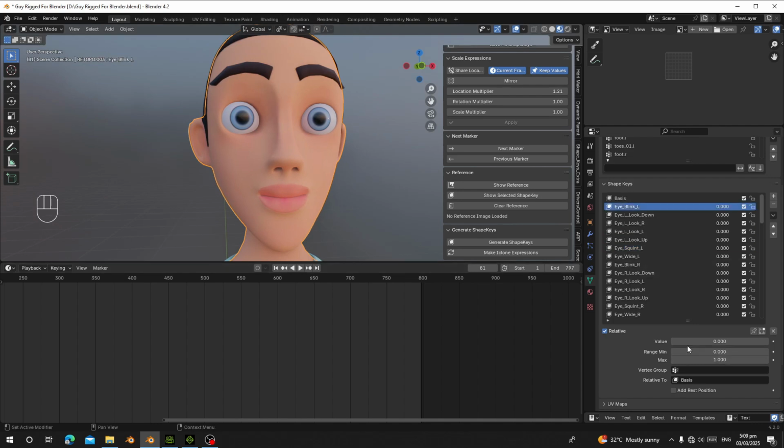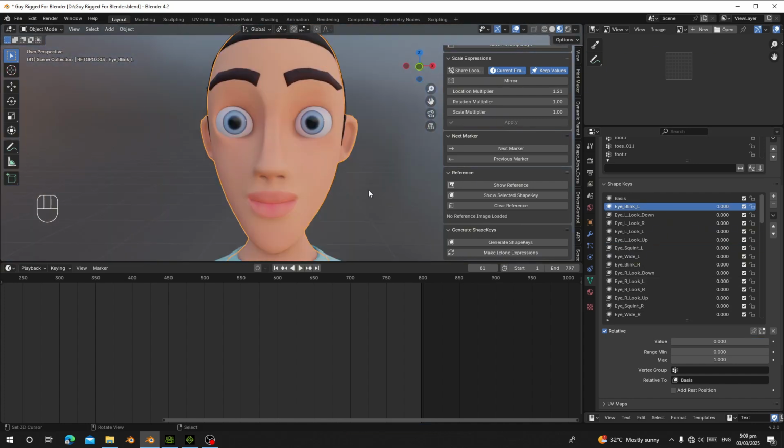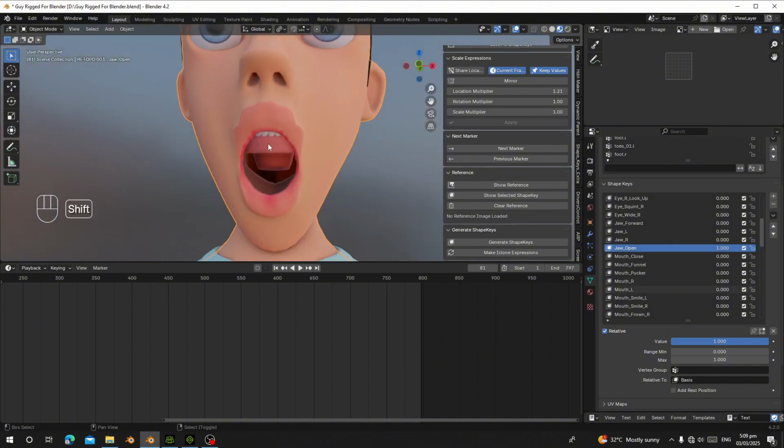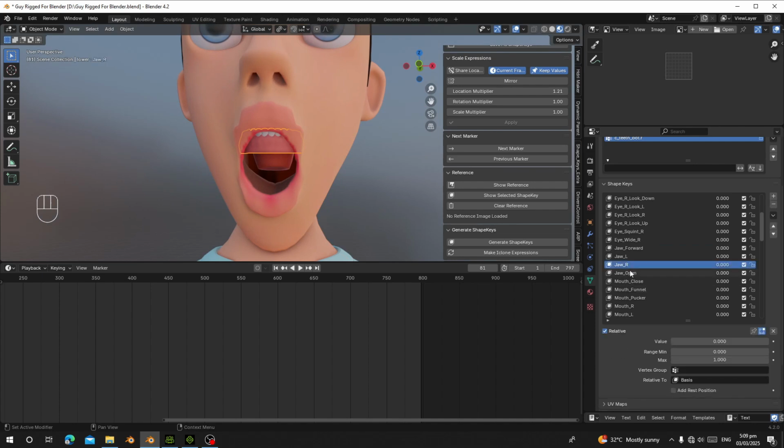So here I'm going to make eye blink, and I can see though the eye has closed, but it's not closing well. So what I can do is I can use the blend sculpt mode to make it work. So let's go to jaw open, and you can see when I open the jaw, the teeth is not following because it is a separate object. You can see it is a separate object, so I need to set the jaw open for teeth and also